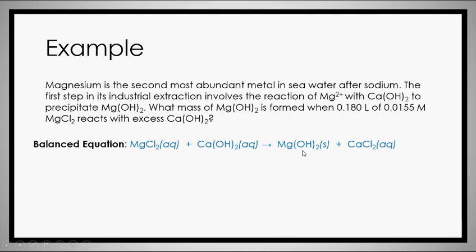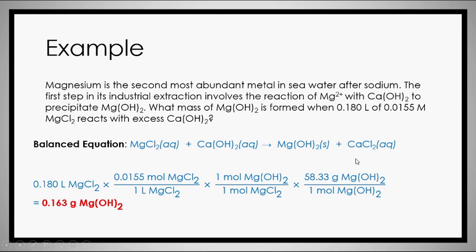In addition to that, hydroxides are normally going to be insoluble, and magnesium 2+ is not one of those exceptions. So that's why our magnesium hydroxide is going to be a solid. Chlorides, on the other hand, are mostly soluble, and calcium is not one of the exceptions. So when we go through and look at this, we are going to have